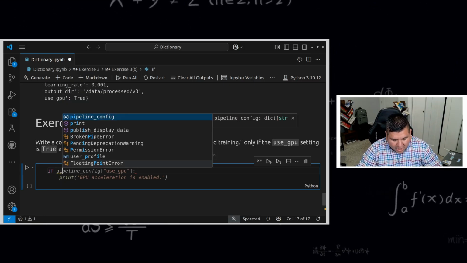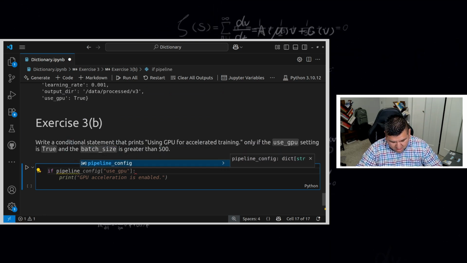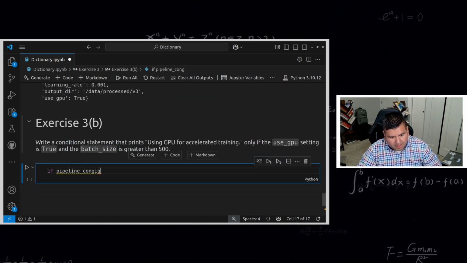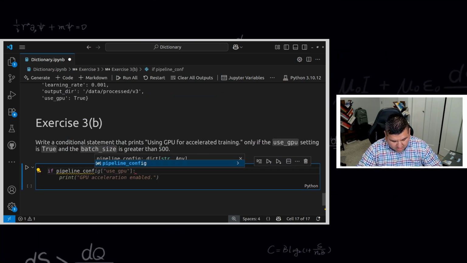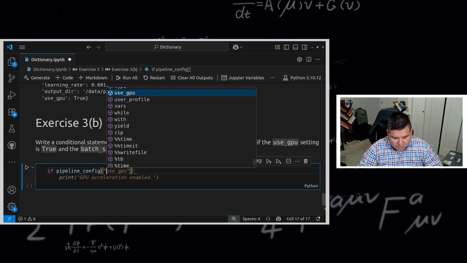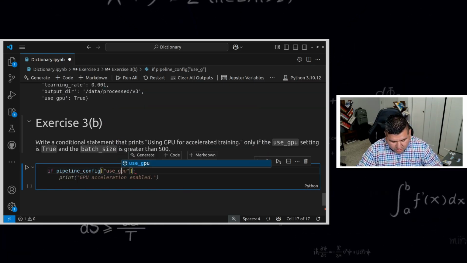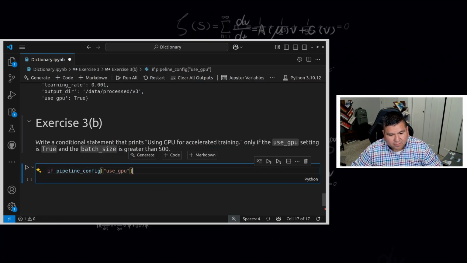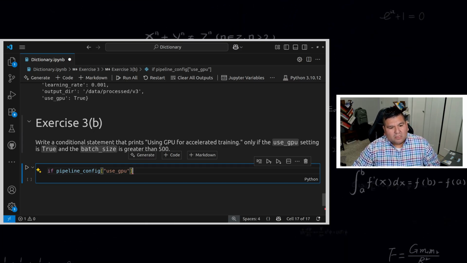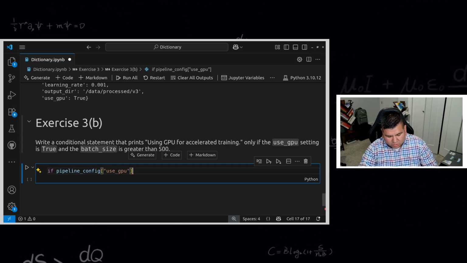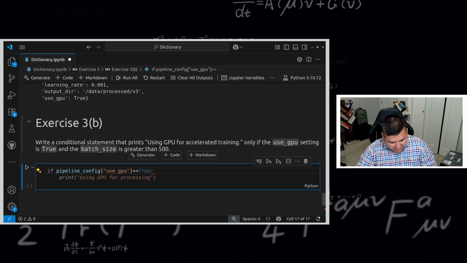So we will do pipeline_config, and then use_gpu. So that will access that. Okay, so if that is equal to true, right? If that is true,